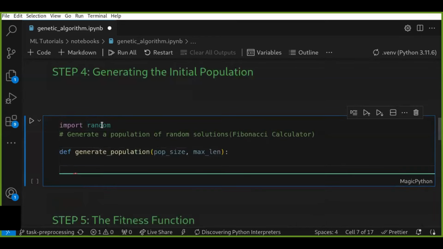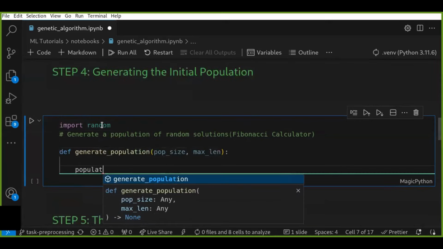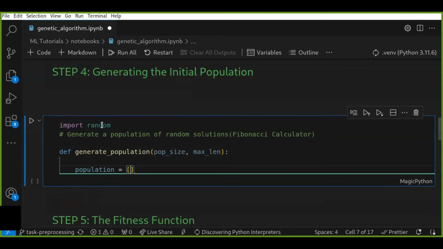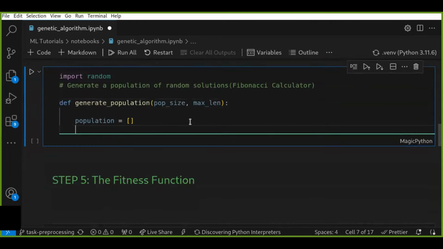Now let's define an empty list that's going to store the genes of each individual. In this case, we are going to iterate through the population size and then generate random genes for each population. For a population in a range of